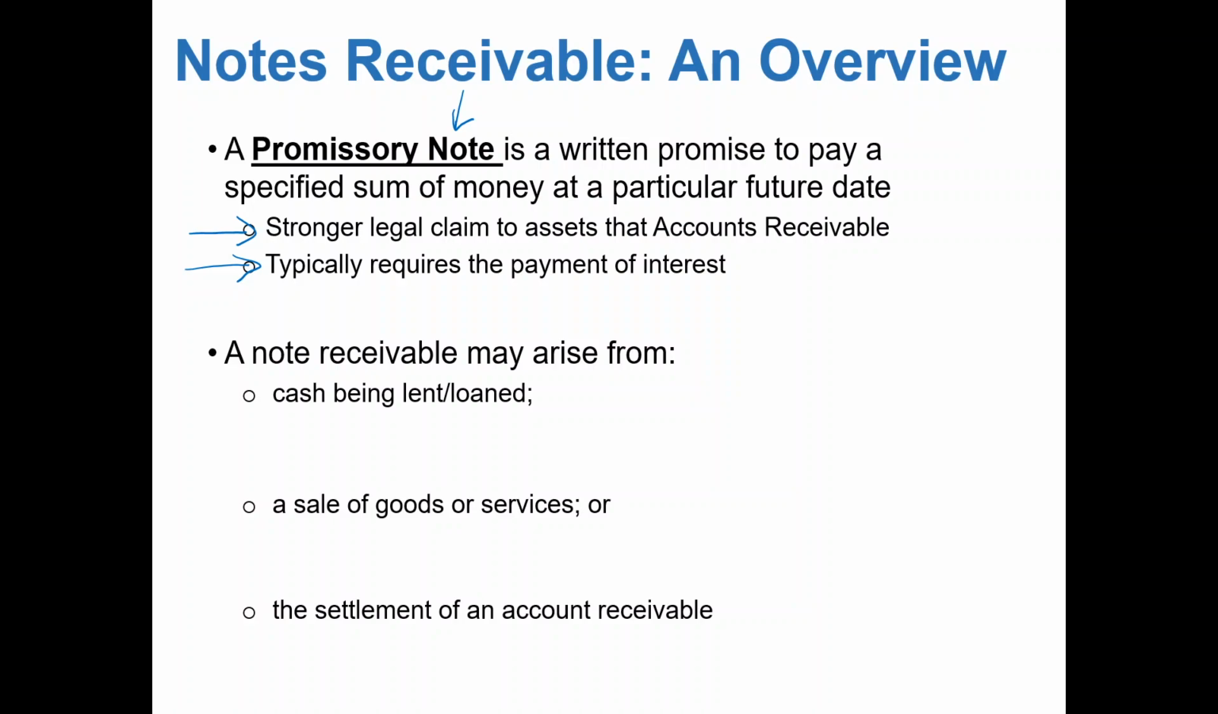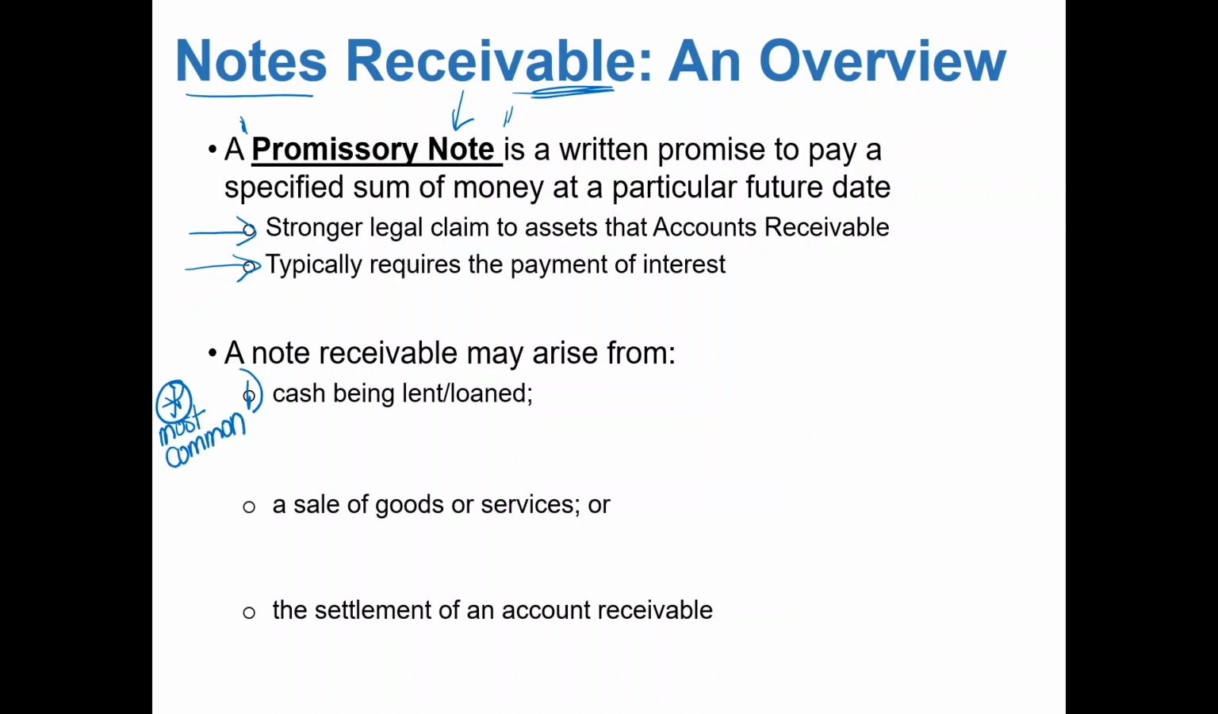So the document itself is called a promissory note, but in this case, we're looking at receivables. So it's just commonly referred to as a notes receivable. Just an easier way to call it a note rather than saying promissory note every time. So notes receivable arise from mainly 3 different ways. So the first, and this is the most common,